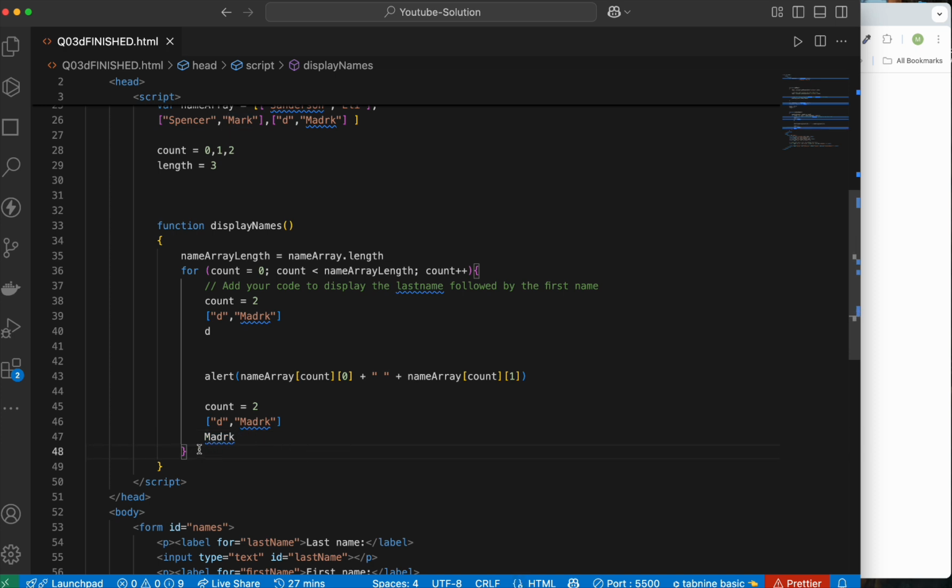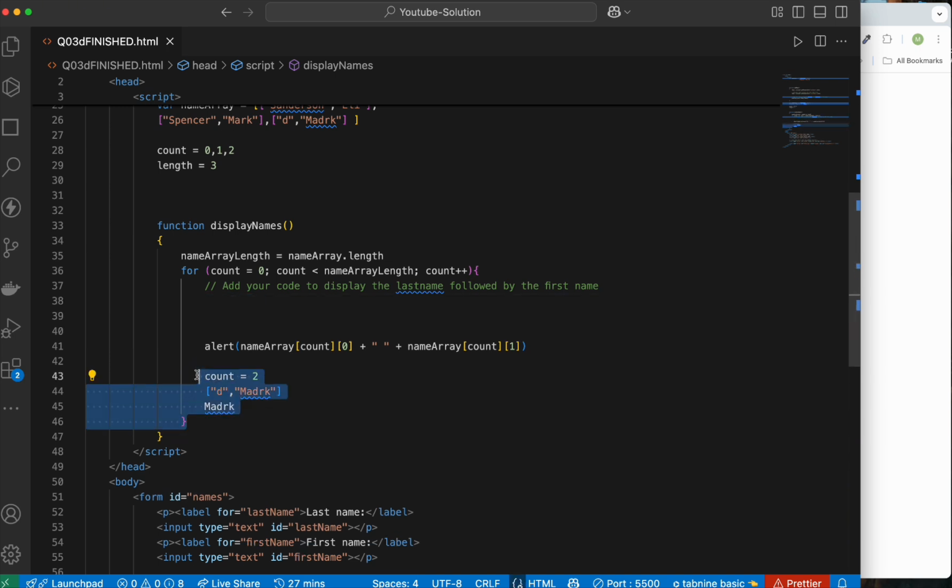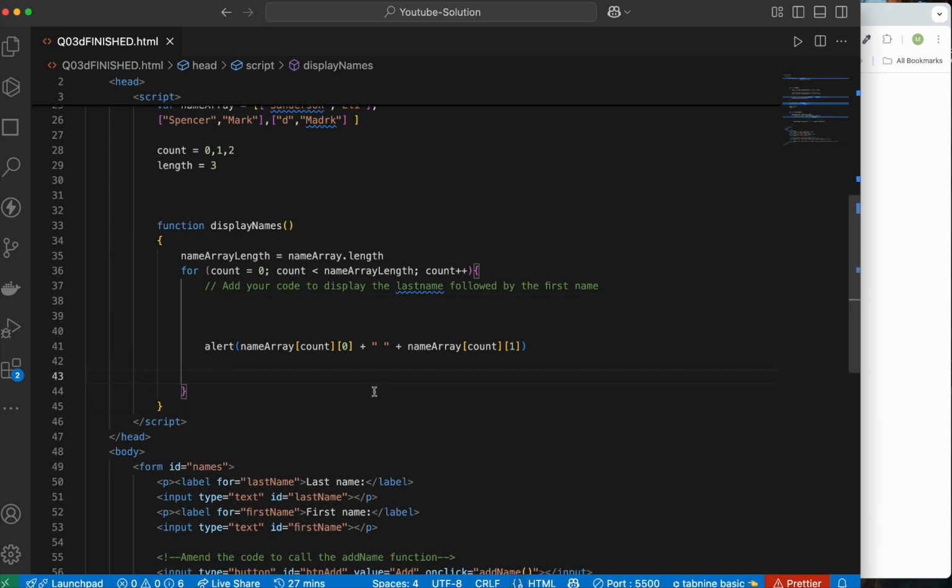Now when you break, it will go again here, and at this point the count will increase from 2 to 3. So is the count less than name array length? No, right? If it's not less than, then it will not go inside the code again, and it will finish here. So now if I remove all the code that is not necessary, that I used to explain,